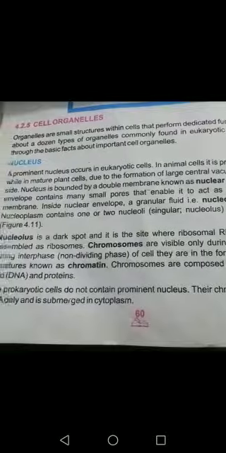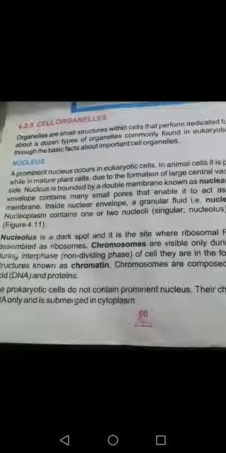Next we will discuss the different cell organelles present in the cell. We have discussed the different structures in the cell. Now the different organelles. There are dozens of organelles present in the eukaryotic cell, and most eukaryotic cells have these organelles. We will discuss them one by one, and every organelle has a specific function which it performs.